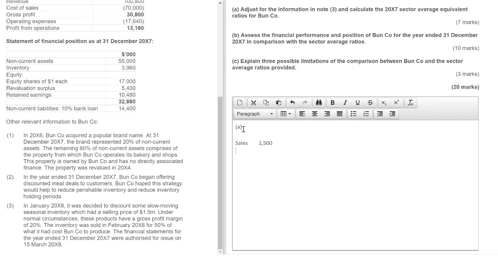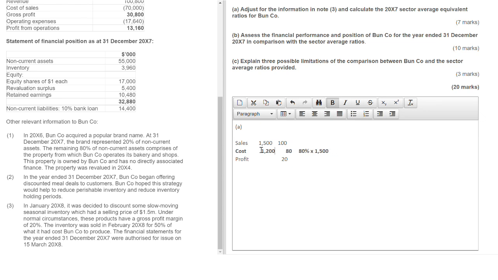So sales 1,500, cost we don't know, profit we're unsure of either. Because what we're trying to work out is the cost figure, aren't we? That's important. Well, we're told that as a percentage, it's a 20% margin. So if that's the case, the costs are going to be 80% of the 1,500. So 80% multiplied by 1,500,